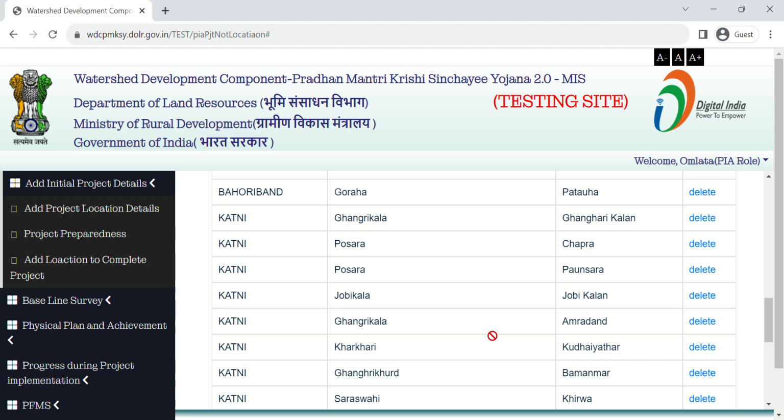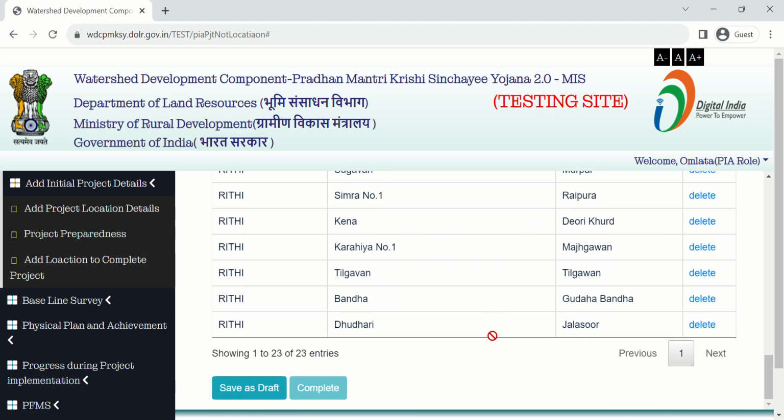You should verify that all the selected villages are correct and related to the project location. After verifying, you must save your data in Save as Draft mode. Make sure in Save as Draft mode the data is private and not displayed to public.